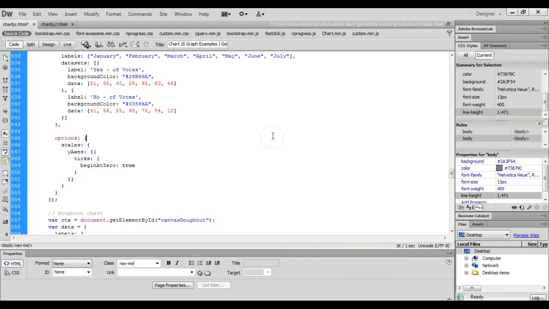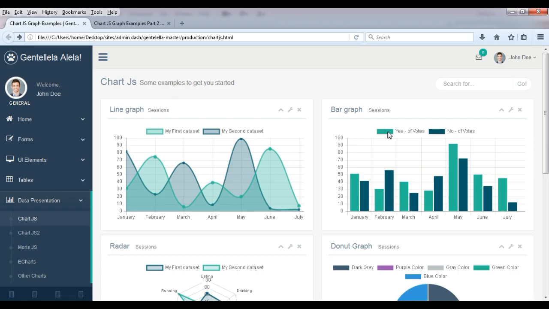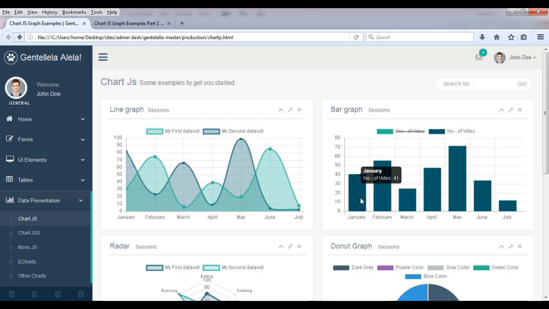So I think I'll just have to save first of all, so as to show our changes. Yeah, so it is now changing. This is the yes number of votes and the no number of votes, and we have our 7 months, and we have our bar charts for each month, and we can view, maybe we would like just to view the no number of votes,